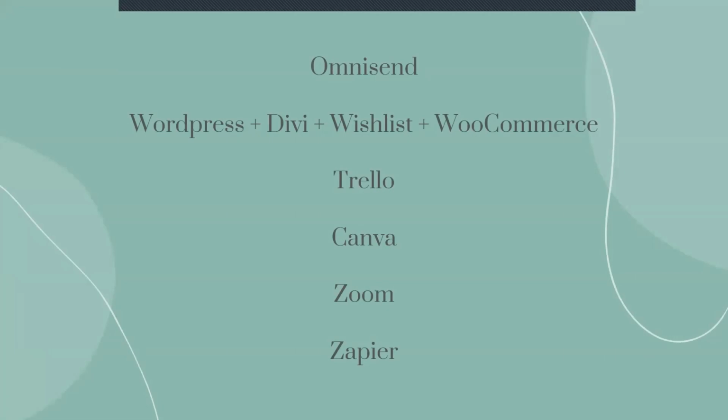Okay, so for the Tech Savvy Academy, I'll be using OmniSend for email marketing as well as for like a CRM kind of tool. It links seamlessly in with WooCommerce, which you'll see on the next line. And I'll be using WordPress using the Divi theme along with Wishlist Member for basically access control membership on my website. Wishlist also kind of comes partnered with something called Course Cure, which is how I host my online courses